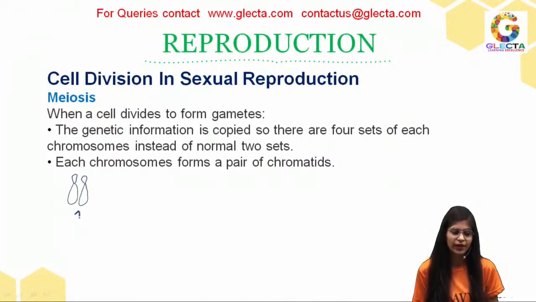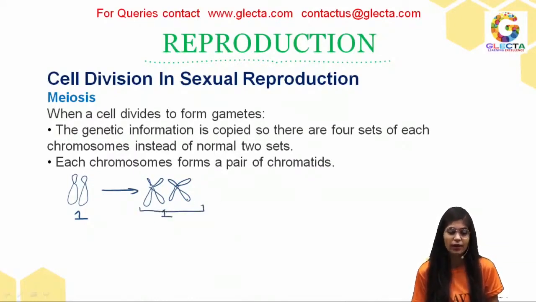this is my chromosome pair number 1. When my cell is growing, there's a process of DNA replication in which my chromosomes will multiply themselves, forming a structure like this. These are 2 chromosomes each. This was 1 chromosome divided into this. All together it is still my pair number 1,